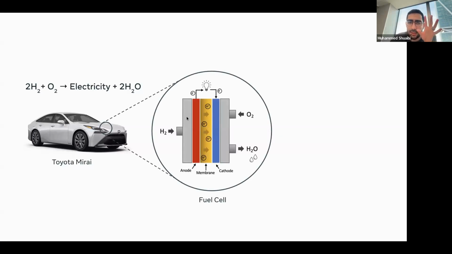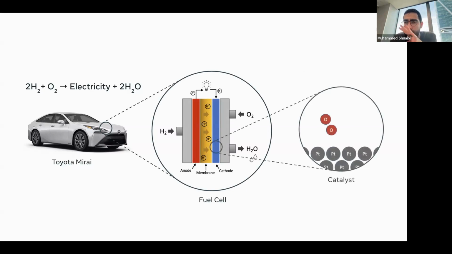So inside the car, there is a fuel cell. You can think of it as a battery, but it's a fuel cell. And this is the source of electricity. Let's take one step closer. The catalyst material happens here. So you have this interface, and a catalyst is necessary. These metal plates, the cathode and the anode, are catalyst materials. And this is what's key to make this car run.